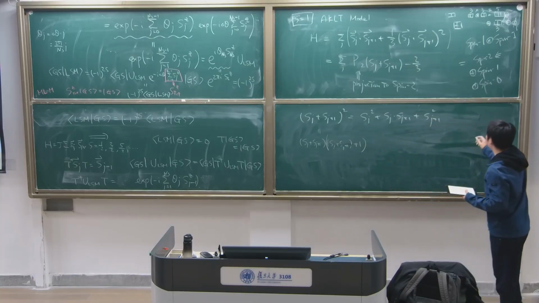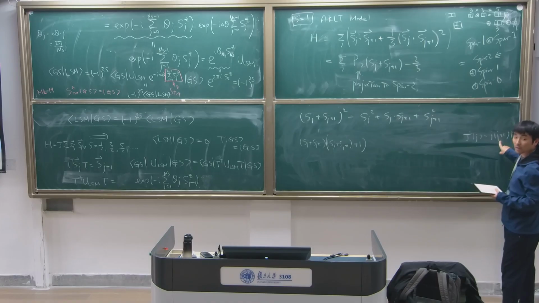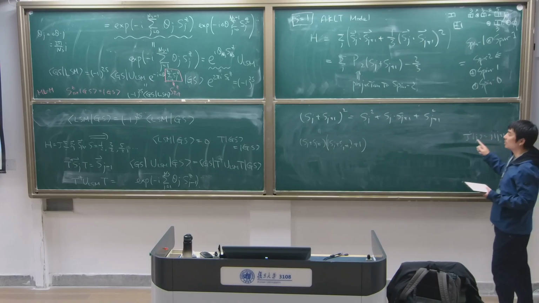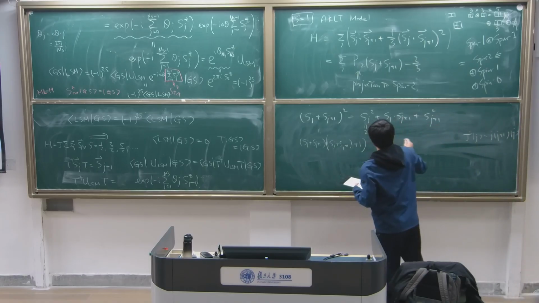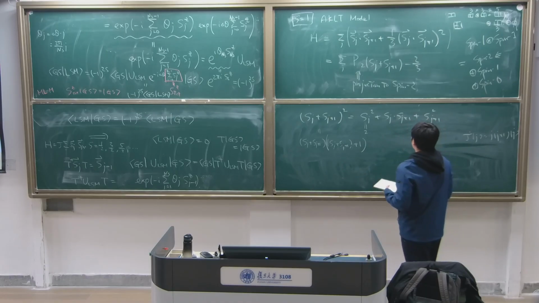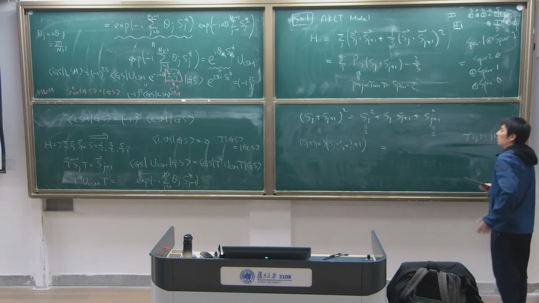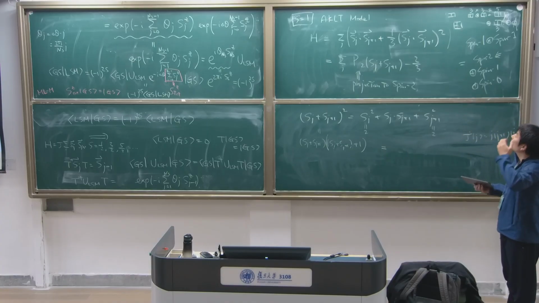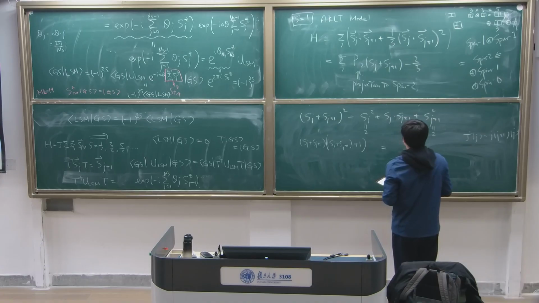Is it okay? So in quantum mechanics, you learn that J squared upon J is equal to J times J plus 1, right? You learn this one. The same thing. So if spin J is equal to 1, it's just 2. This is 2. This is 2. Okay. And then, so this is equal to, therefore,